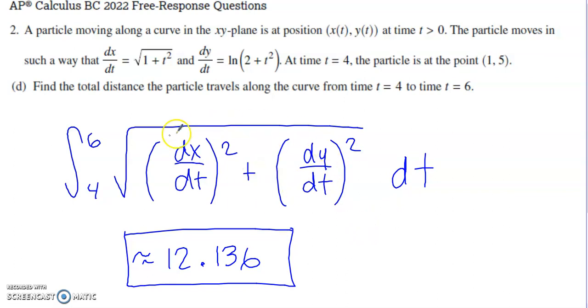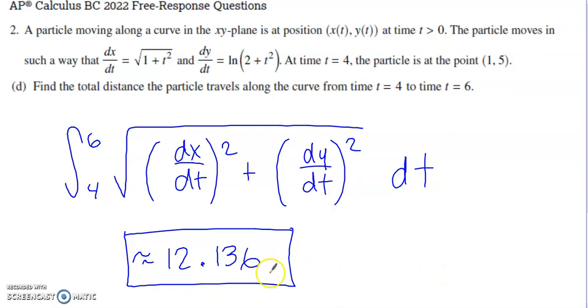speed. This is our speed formula from back in part B, when we plugged 4 in place of the t's and did the calculation. In this case, we're not plugging anything in place of the t's. We're letting that speed formula become our integrand, and we have to do the integral of speed across the appropriate time frame, in this case 4 to 6. The calculator's in play here. Be careful with your input. A lot of grouping symbols need to be utilized here, and as long as you use them, you should end up with